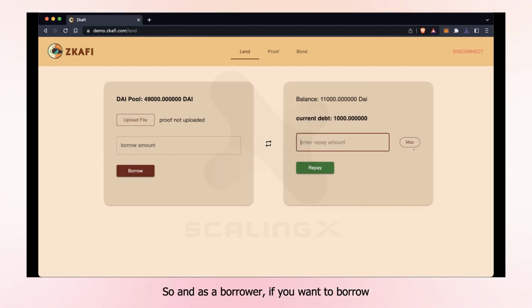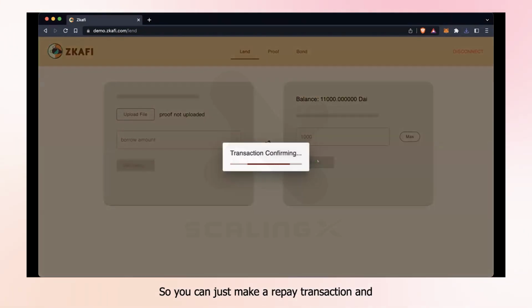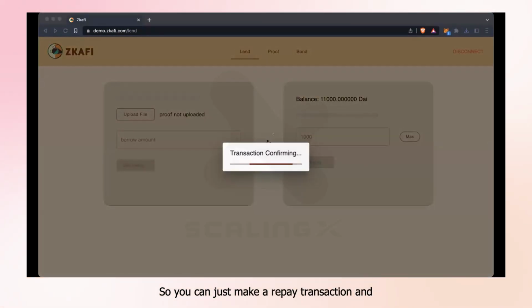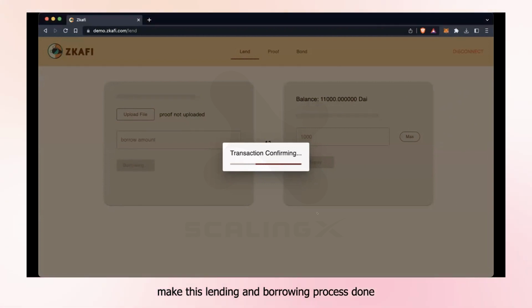And as a borrower, if you want to borrow money again, you have to repay first. So you can just make a repay transaction and finish this lending and borrowing process. So that is our